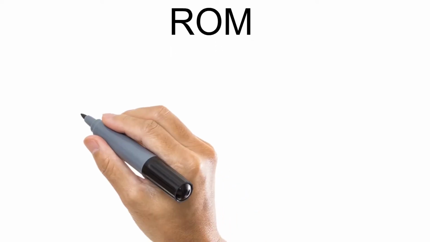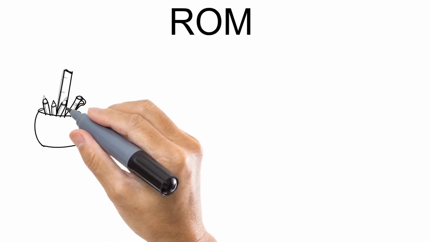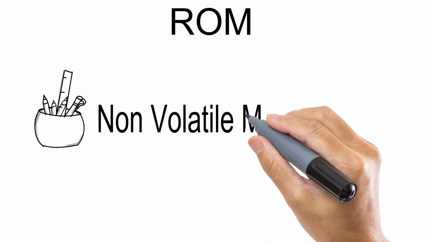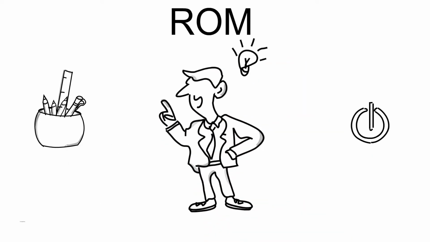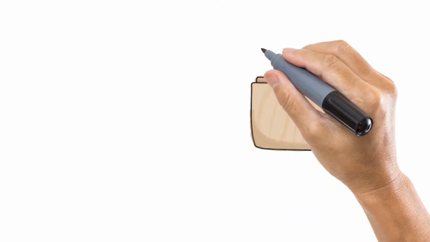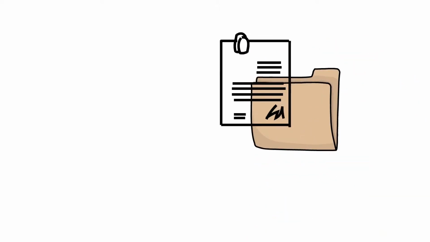Now a ROM stores cache data for computers so that it can access it for future usage. It is a non-volatile memory, which means data stored in it can be accessed even after the system is turned off. It stores manipulated as well as raw data to make them accessible to the CPU.